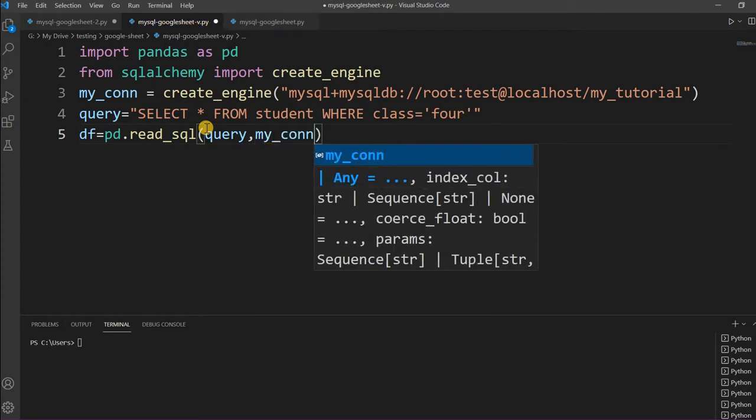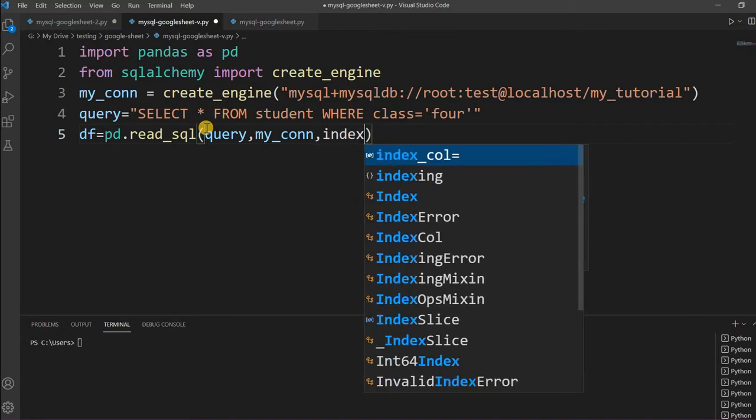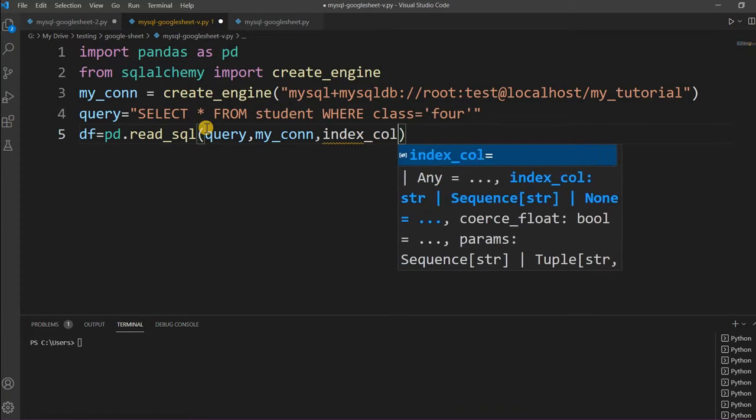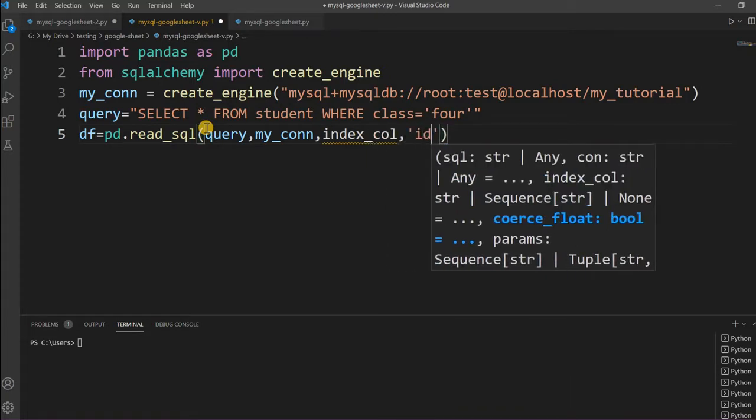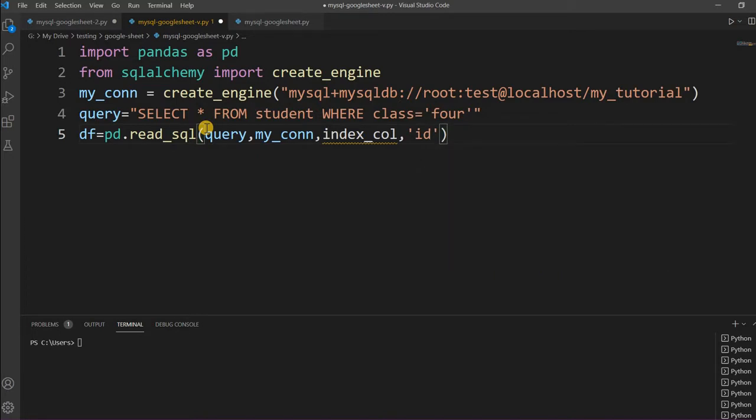Now I am telling it which column to use as the index column. If I don't give it, the data frame will add its own index. Instead of that, there is an ID column, so I use index_col equal to ID, to use that particular column as the index column.